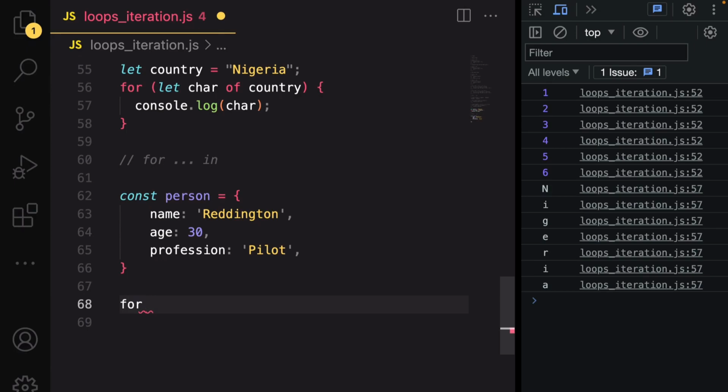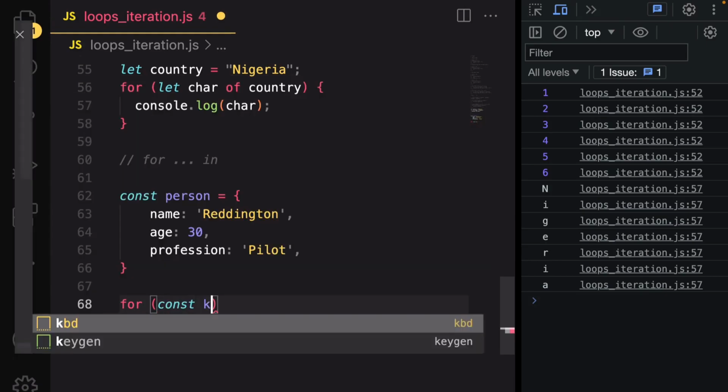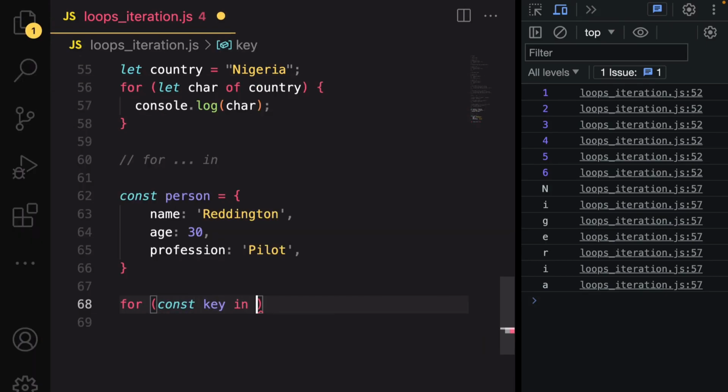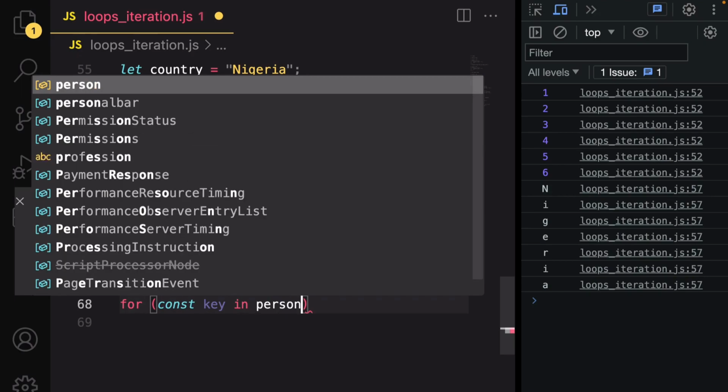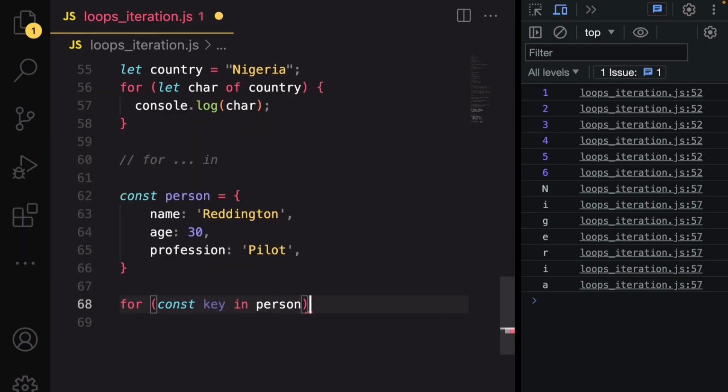So we're just going to say something like for, open this, and const key in person. So we are using the key. We have the key, and then the item, the property. So we have key value pair, just like the properties are key value pairs. So then we have